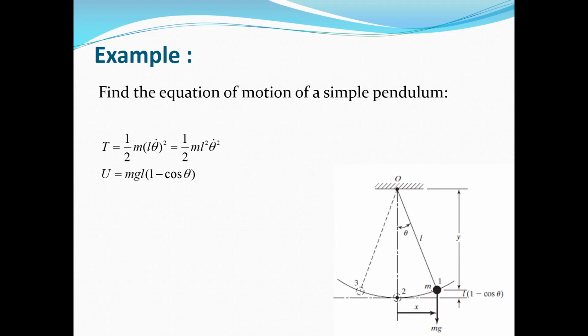Here we only have one particle with mass m, so the kinetic energy will be stored in this mass m, and it's equal to half times mass times the velocity squared. The velocity for this mass, if we assume this is a single degree of freedom system, we use theta as the degree of freedom. So the angular velocity for this system is theta dot, and the velocity of mass m, from dynamics, you know that it's equal to L times theta dot. You know, when some particle is rotating about a point, for example, here, assume here we have a pin connection,